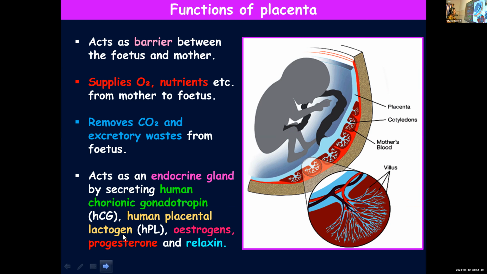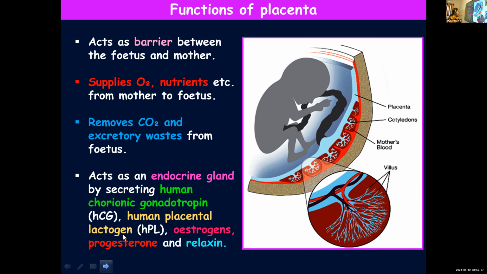Human chorionic gonadotropin. It helps in maintaining pregnancy by supporting the endometrial lining. It maintains the endometrial lining, or you can say it is supporting the endometrial lining and maintains pregnancy. Then it will also help in the maintenance of corpus luteum. Okay, I'll repeat once again. Human chorionic gonadotropin will support the endometrial lining and maintain pregnancy, and maintain corpus luteum.